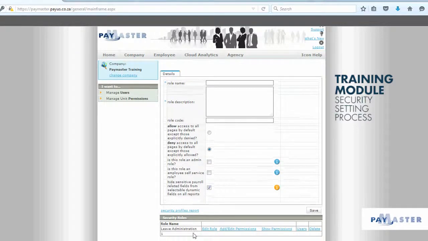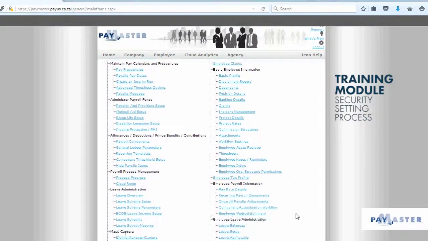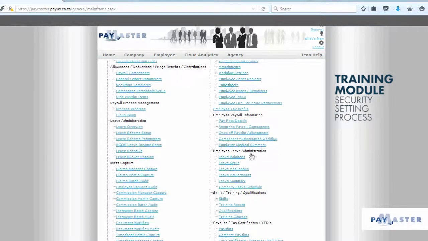In my section at the bottom under Security Roles, I now have the option to edit the role, add or edit permissions, or show the permissions. In this case, I want to add or edit the permissions. I now have access to each and every section of the payroll that I want to give the employees access to. In this case, I want to give them access to only the leave balances, so I'm going to select